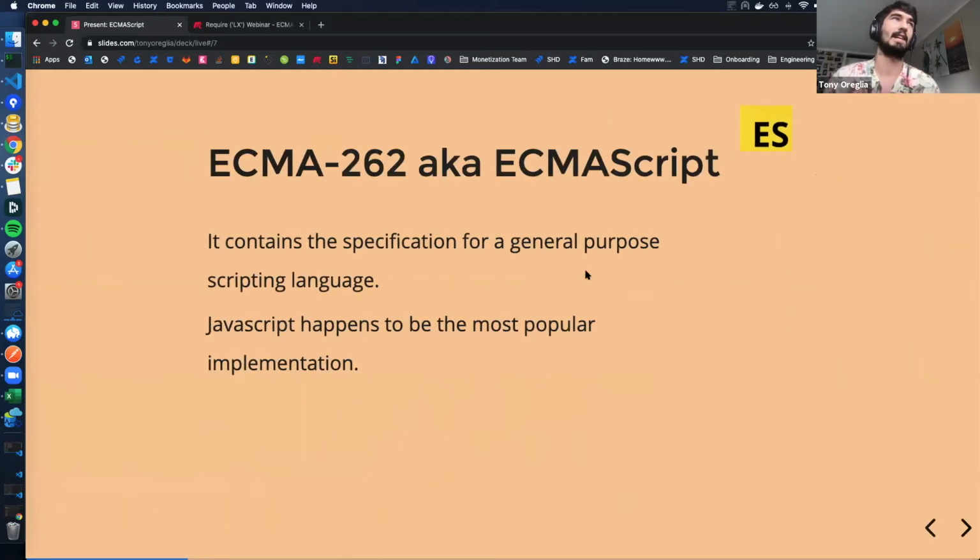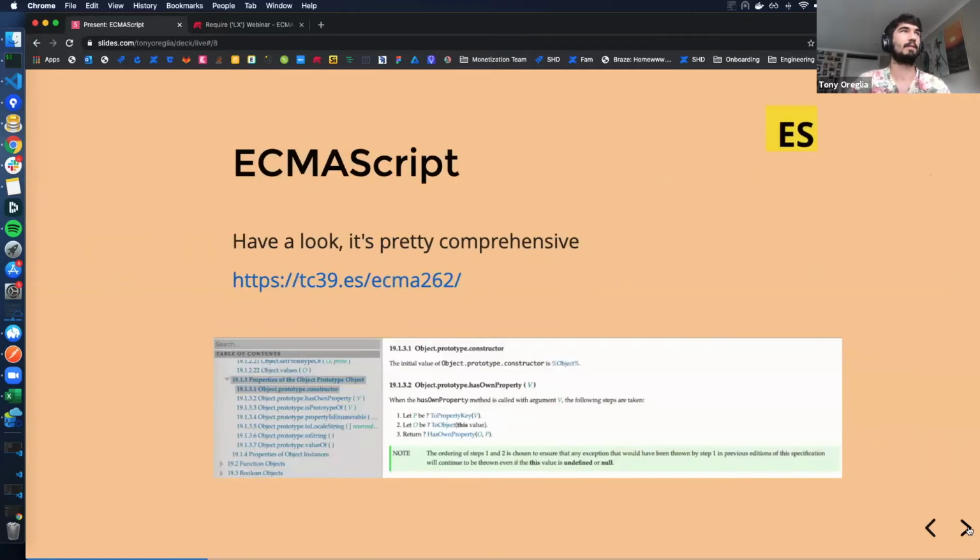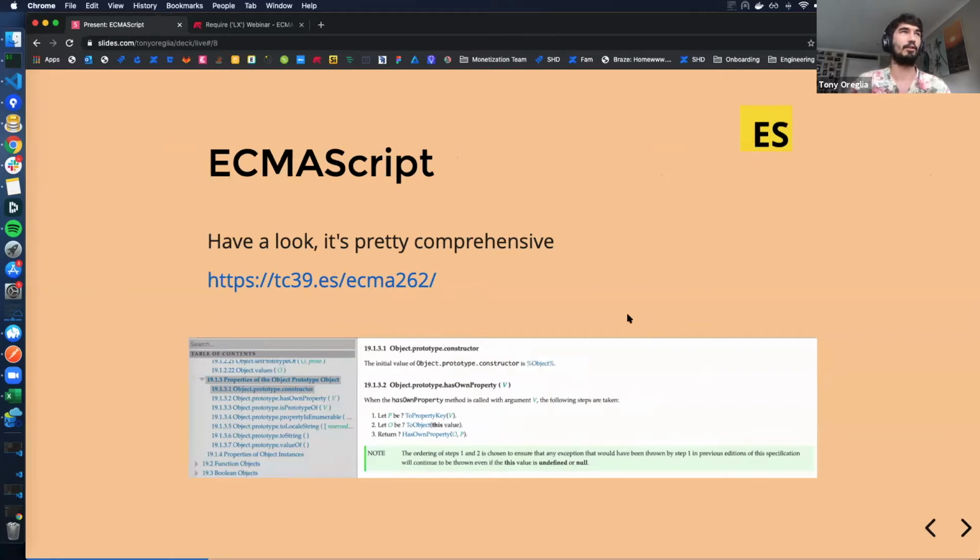So as I said, ECMAScript contains the specification for a general purpose scripting language. JavaScript just happens to be the most popular implementation today. If you do take a chance to look at the standard, there's a link here. I'll share a link to this presentation afterwards. It's very comprehensive.